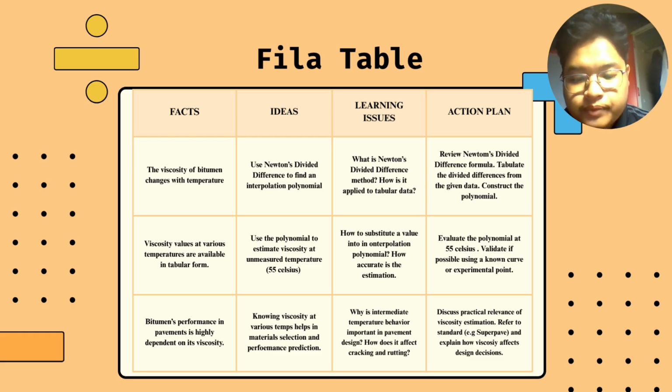Validate if possible using the Eskon curve or experimental point. And lastly, bitumen's performance in pavement is highly dependent on its viscosity, and understanding viscosity at various temperatures helps in material selection and performance prediction. And then the learning issue: why is intermediate temperature behavior important in pavement design, and how does it affect